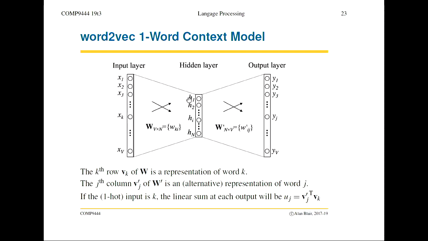Whatever the weight is from this unit to that unit will get copied to this unit, because that will get multiplied by 1 and everything else will get multiplied by 0. So what actually happens is that the weights from this unit get copied into here. There's no bias. And so what ends up in these hidden units is just these weights, and this can be regarded as the embedding for that word, right? And then